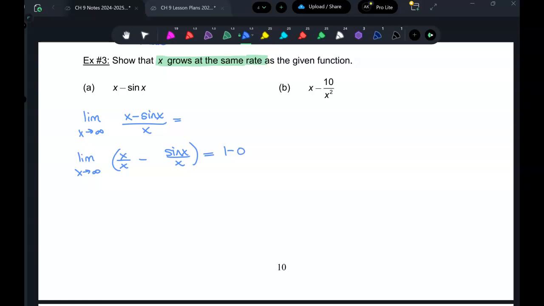Wait, so we didn't even have to do L'Hopital's? No, L'Hopital's was not necessary here. So we could just get 1. Could you also compare the x over x? If it's cosine x over x approaching infinity, is it still 0? Still 0. Okay. What about tangent? No, because tangent has an asymptote at every odd multiple of pi over 2. So no, we wouldn't be able to evaluate that. So x grows at the same rate as,